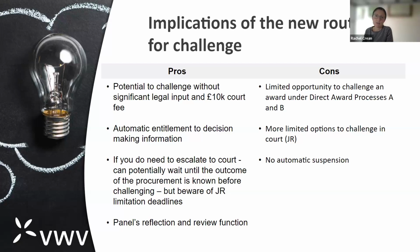If you end up deciding not to pursue the case, you're not going to get that back, and it's going to cost you the same again to get a barrister involved and get the court claim actually issued. So providers are having to make decisions about large sums of money very quickly and without having the benefit of having all the facts, because when you start a procurement challenge, the commissioner holds all the information and you hold very little. So here there's the potential of